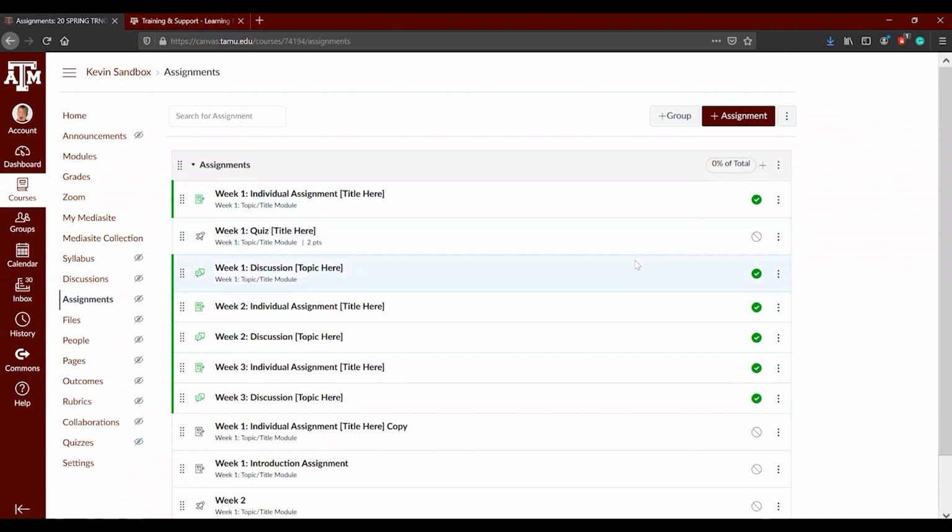If you're not using percentage base in your course, you don't need to do this. You don't need to enable the group weights, which is what I'm going to talk about next. You can just leave it as points. Actually, you can disable it, which I'm going to show you later on in this training. If you're using points, it's going to calculate everything based on points that you put on your assignments or quizzes. So to create a brand new group, all you need to do is click this plus group,